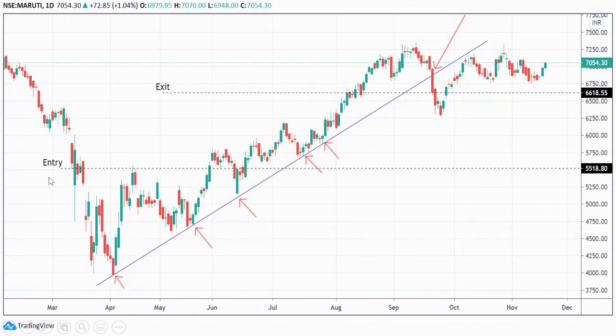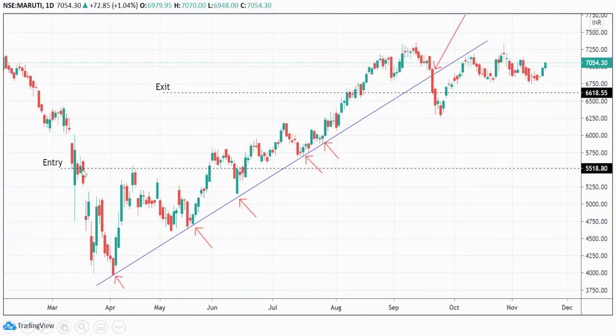This is a chart of Maruti where I have marked entry and exit. Let's try to understand this chart. If you remember in the trend line video, we discussed that a trend line can be plotted once two touch points are available. So here there is one touch point here, a second touch point here. The third touch point is here, or you can say a pull towards the trend line. An entry can be taken at this place. I am taking the closing price of this candle because we need to see whether the close is a strong closing or not. As you can see, this candle is a very strong candle.